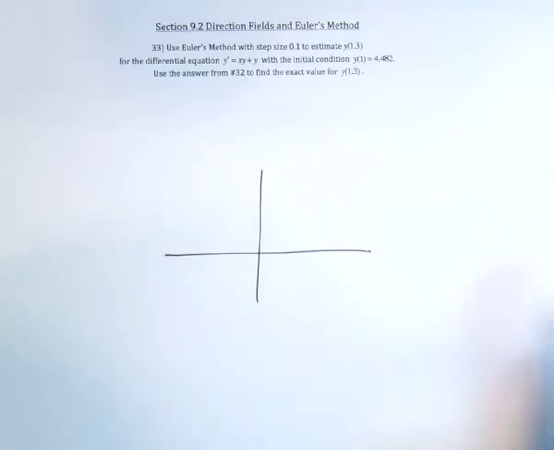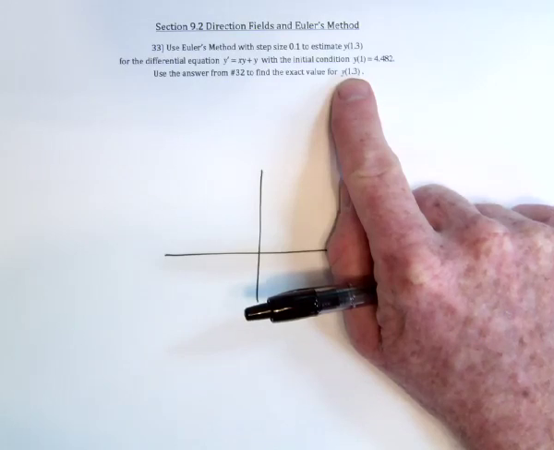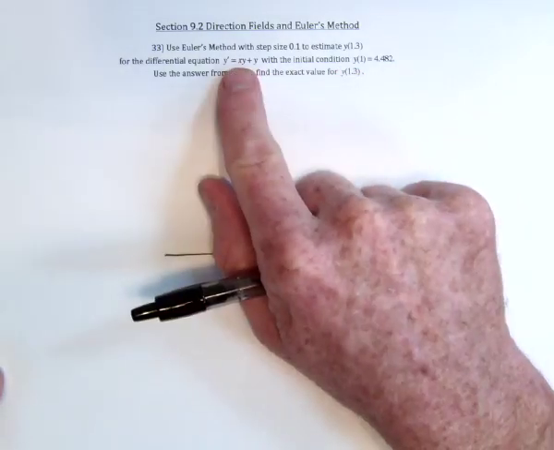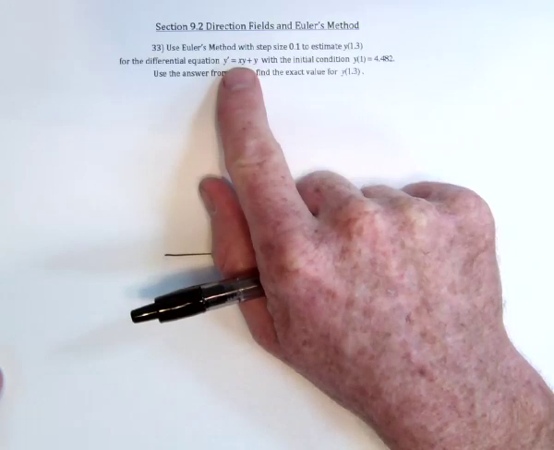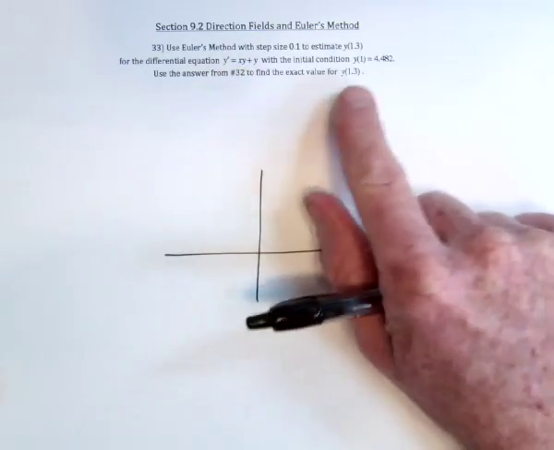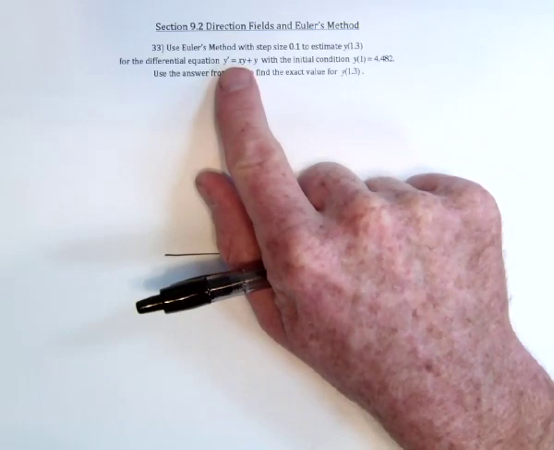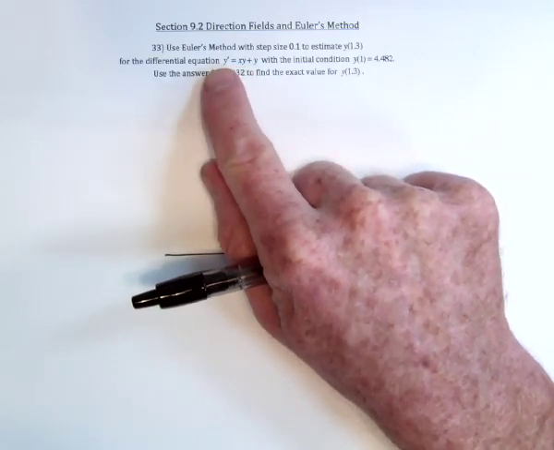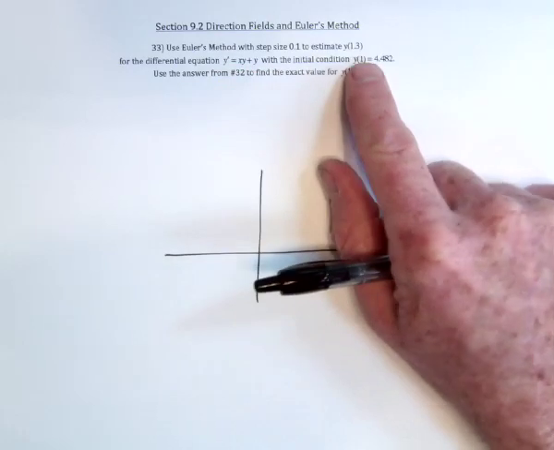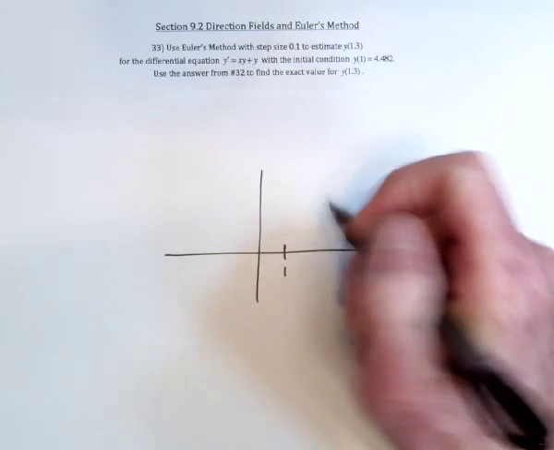The idea behind Euler's method is we want to know how much is the function's value at 1.3, but we've got this differential equation. Suppose that we can't solve it and find an exact solution like y equals e to the x squared over 2 plus x or something like that. But we still need to know how much is the function's value at 1.3. Well, you've got this differential equation, which will always tell you the slope of the tangent line at any given x and y. You have an initial starting point, and then what you do is say, okay, start at 1,